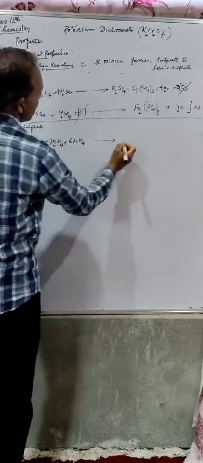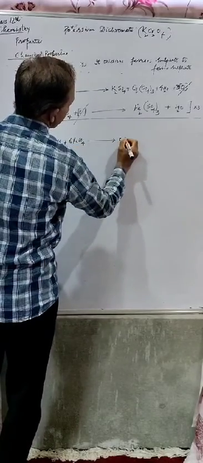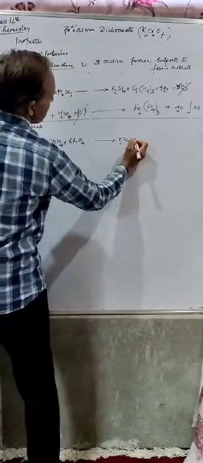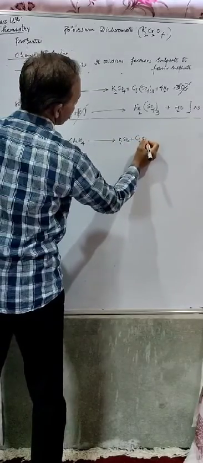This is ferrous sulfate, forms K2SO4, potassium sulfate, plus Cr2(SO4)3